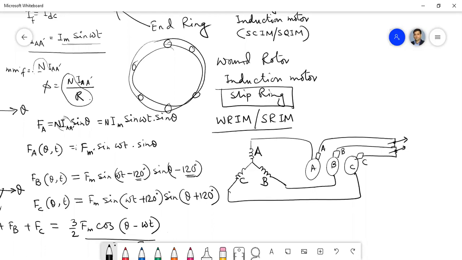So these three are the windings placed on the rotor, and the rotor terminals can be brought out by using a slip ring and brush arrangement. Externally, you can short the 3 windings, 3 coils, by additional resistance, and that resistance you can vary. By that variable resistance, you can control the speed. That is the additional feature of the wound rotor or slip ring induction motor. That is the difference between the squirrel cage and wound rotor.